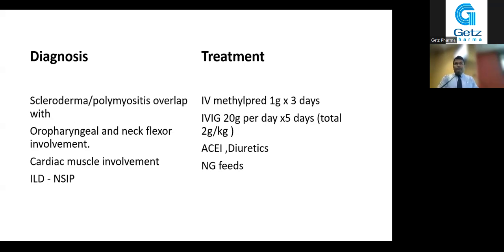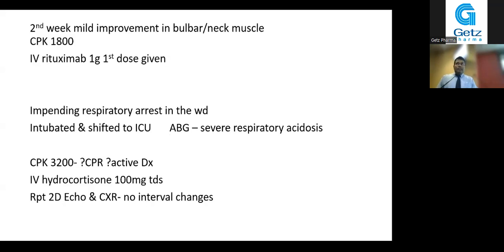However, after the 5th day, although there was some improvement in the bulbopharyngeal and neck flexors, and no evidence to suggest impending respiratory muscle involvement, and the CPK was also reducing and came down to 1,800, we were not very pleased with the response. It was not very promising, the response to both induction agents. Hence, we thought of starting rituximab at the beginning of the second week, and the first dose was